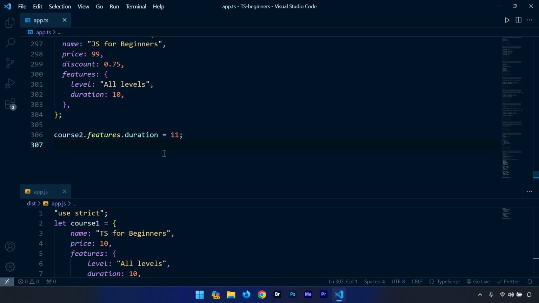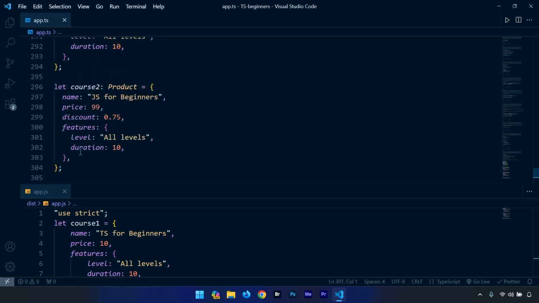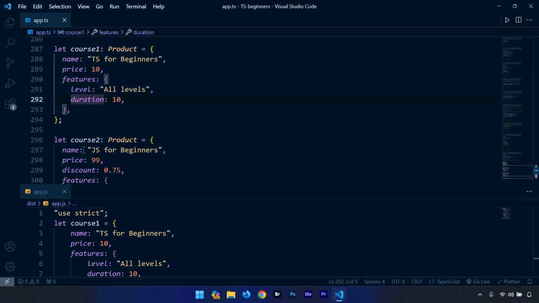Now, the value for the duration of the course should not be changed by the user. It should only be changed by the author of the course. But clearly here, anyone can change that. And there is no indication that this property is private, or that it shouldn't be changed or touched. So there is a modifier in TypeScript that is readonly. And if I